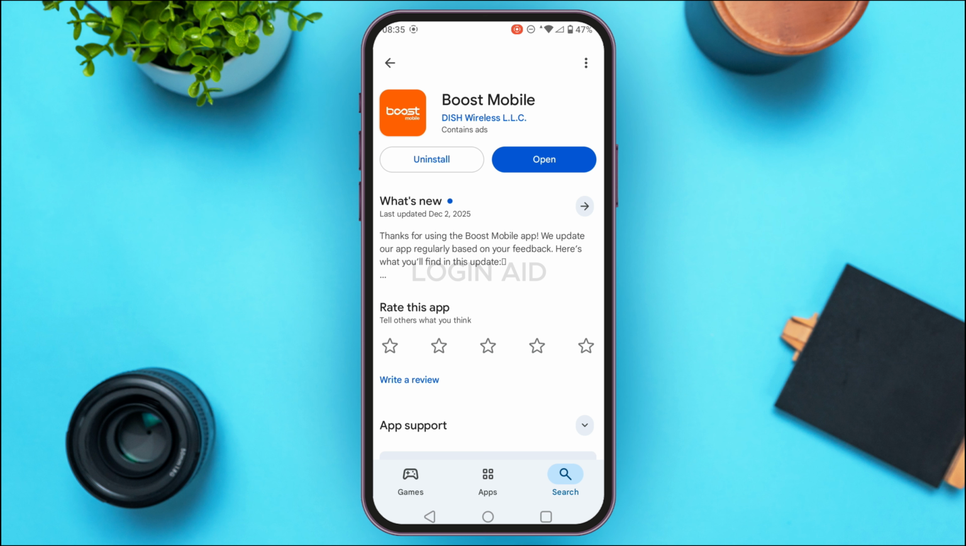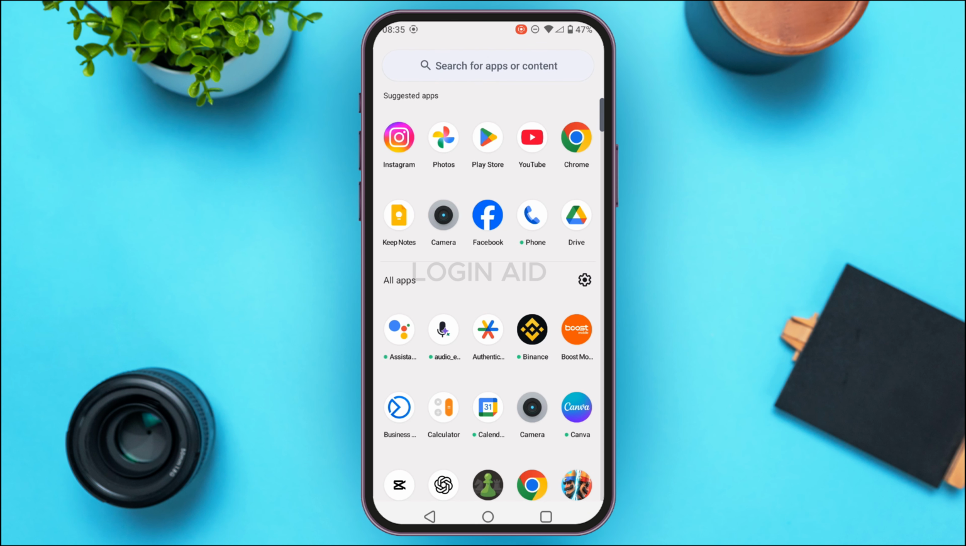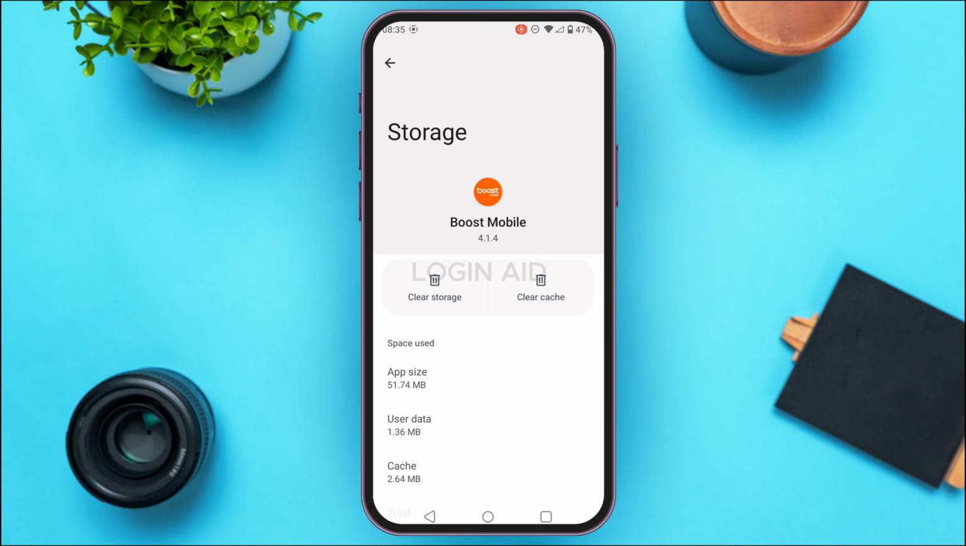But still, if you're facing the problem, what you can do is simply try clearing the cache. For that, launch the app library of your device, find the application for Boost Mobile and long press on it. Tap on this option app info that you can see on the screen. Now in the app info interface, what you have to do is find the option for storage and cache and tap on it. Now over here you'll be able to find two options, clear storage, clear cache. Tap on the option clear cache that you can see on the screen. Now after that, the cache of the application will be cleared and you should be able to log into your